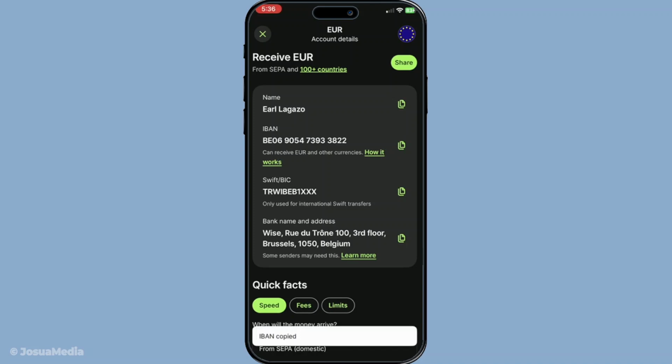You need to copy this account information. You can usually do so by pressing on the details and selecting copy. This might seem minor, but having the correct details copied is crucial so the sender knows where exactly to send